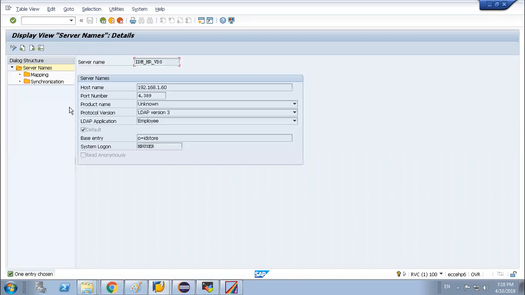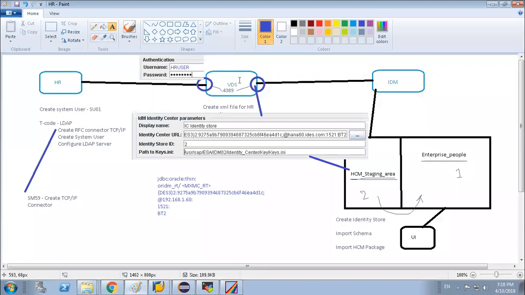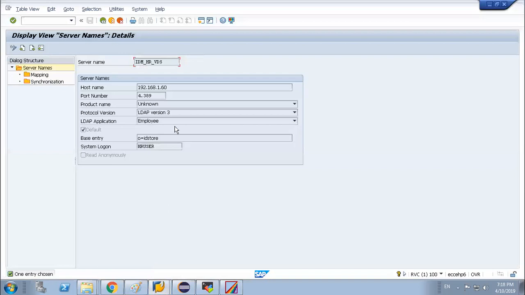You will be creating one LDAP server. The LDAP server is what we create in order to connect to our VDS system. Now we are facing a problem with the host name.